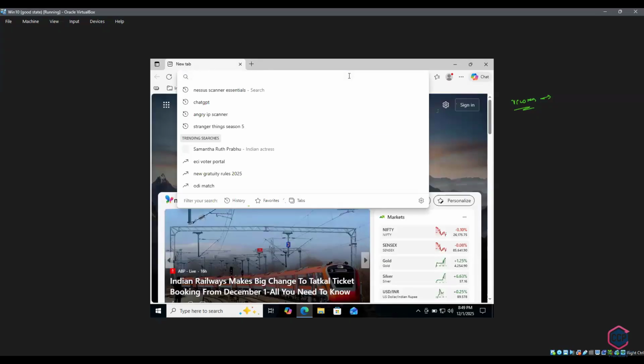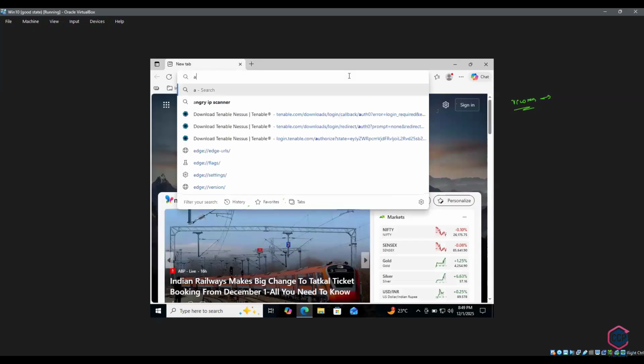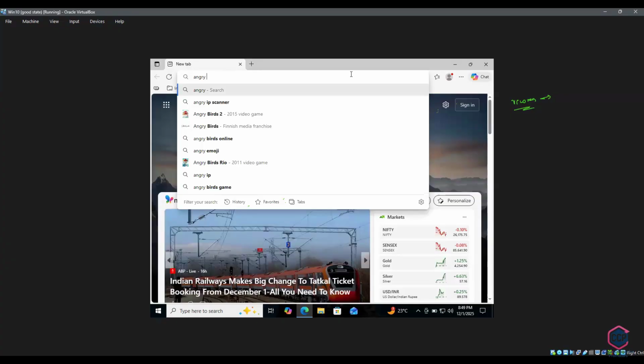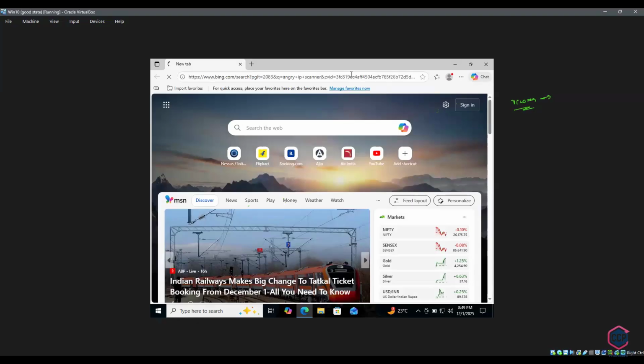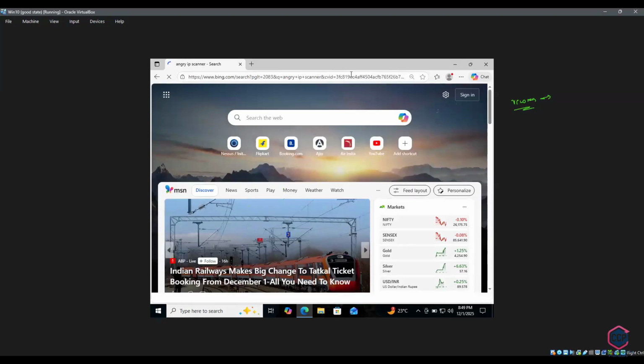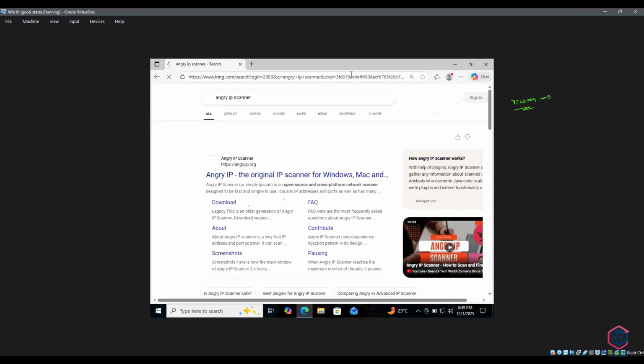So I'll show you how you can access this one. Download Angry IP scanner. Okay, so let it load. For reconnaissance,